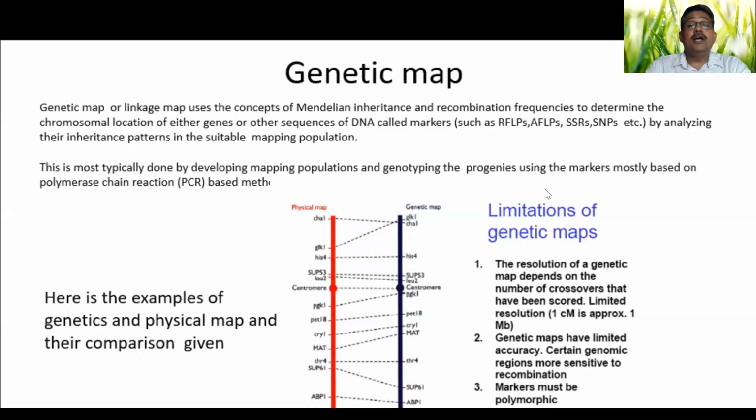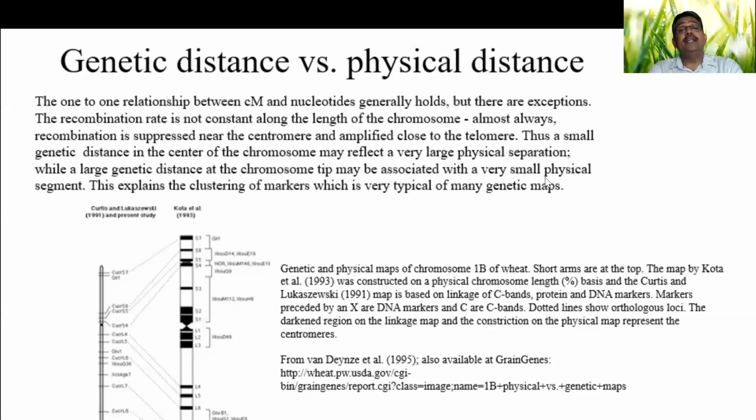Okay, let's see how the maps differ in genetic distance and physical distance. The genetic distance is normally measured in terms of centimorgan distance. We call it the recombination frequency; the recombination percentage is directly correlated to centimorgan distance. But for the physical map, we normally take the physical location of the markers on the physical position in the chromosomes, and it is measured in terms of base pairs. How many base pairs, it is different.